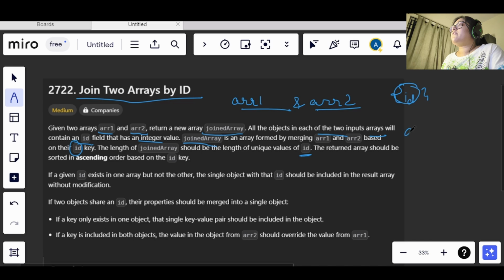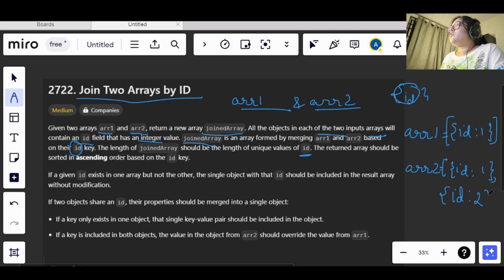So let's say we have arr1, and it has one object with ID 1, and we have arr2, which has ID 1 and ID 2.